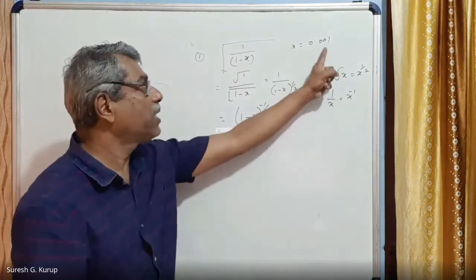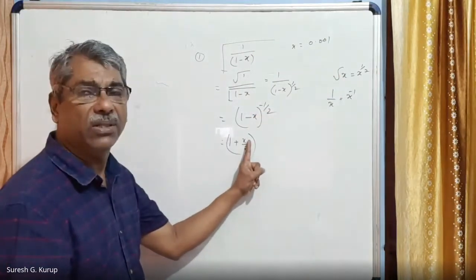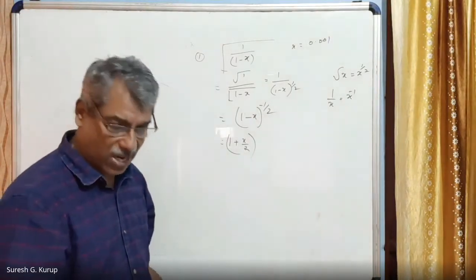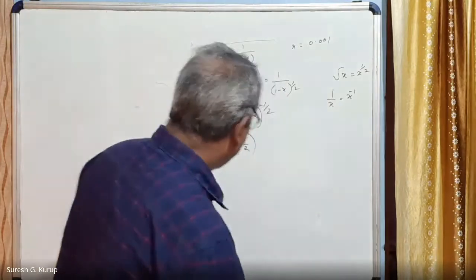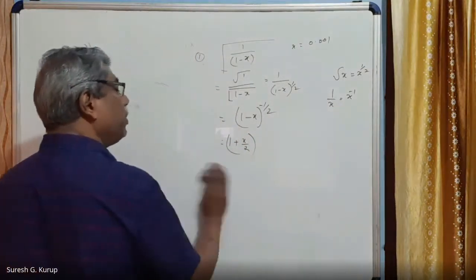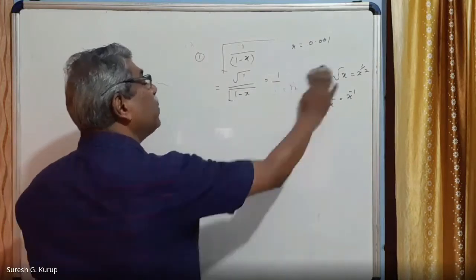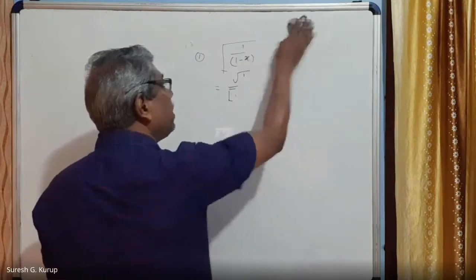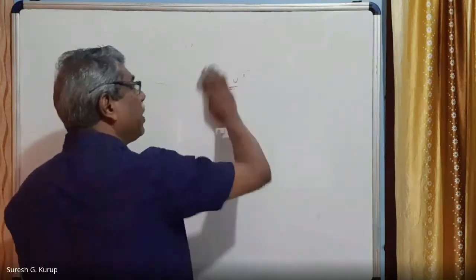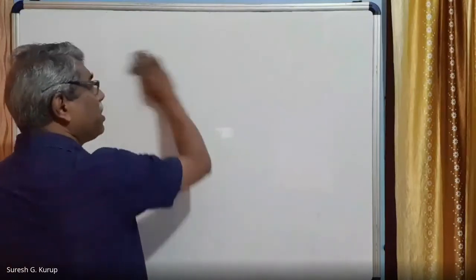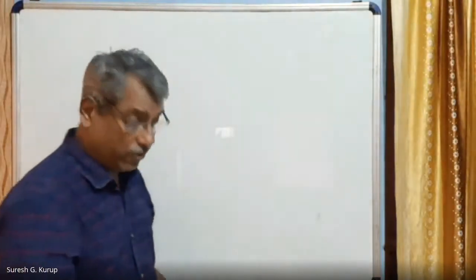And the value of x can be put as x equal to 0.001. We can get the value of this expression, this function. So one more example I am going to tell you. All these things you will note or keep in mind, remember, because we have to use them time to time. All along physics, this kind of mathematical tools we have to use. If you don't know this kind of operations, then it will be very difficult to go with physics.